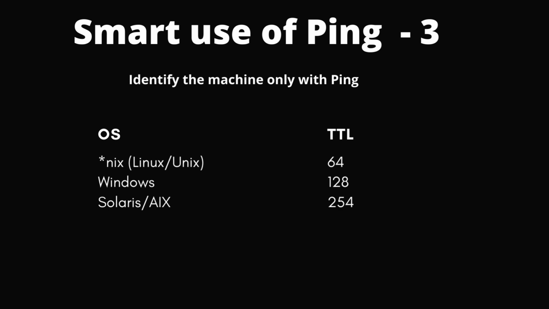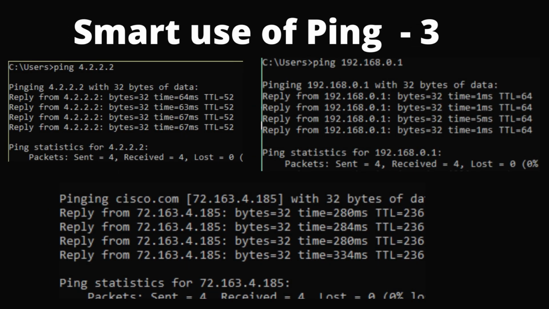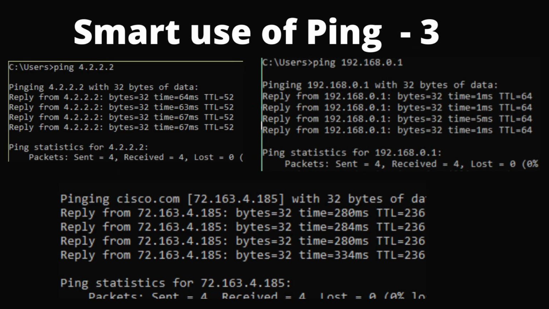So this is the way you can identify. Now here is the thing. You can see I'm pinging 4.2.2, and I'm getting a TTL value of 52. But when I ping my own router, which is 192.168.0.1, it replies with a TTL value of 64. The 64 basically means it is directly connected, since my IP belongs to the 192.168.0